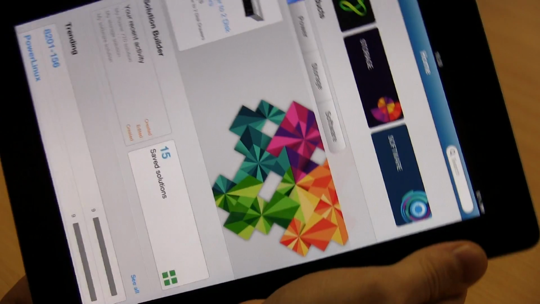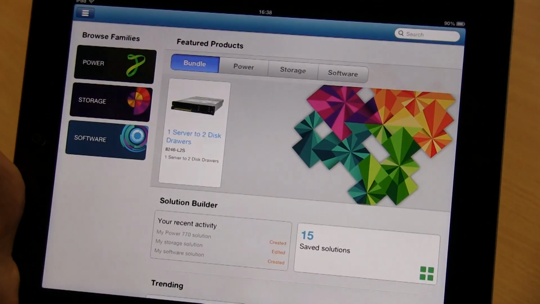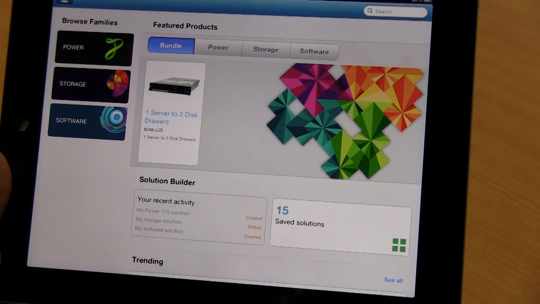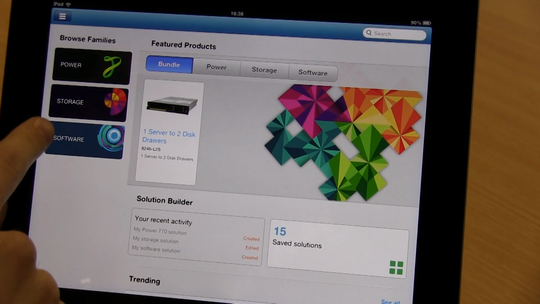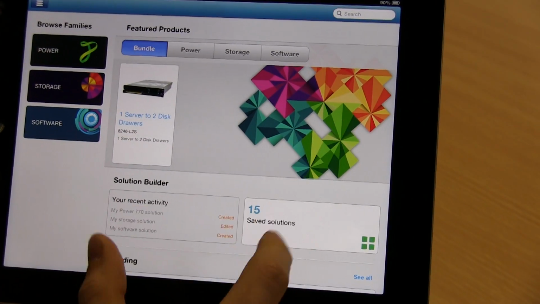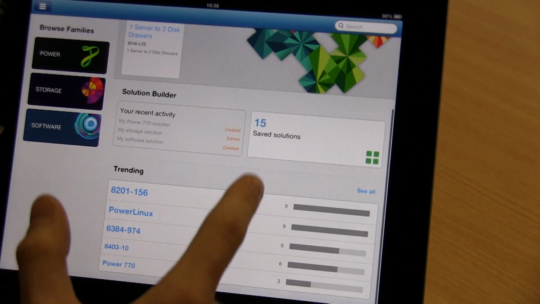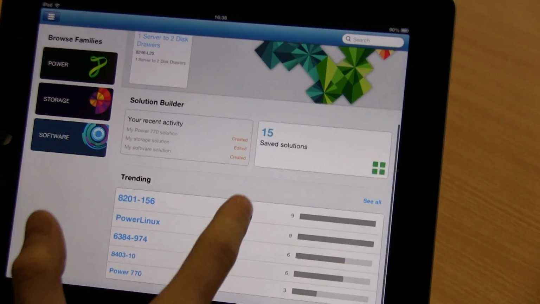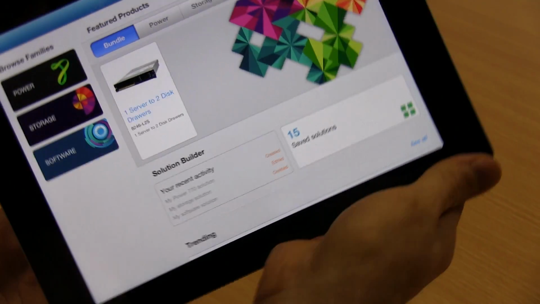And if I rotate the device, I'll give you an example of how the layout can alter dependent on orientation. So now Browse Families has moved over to the left, and we have the right section devoted to the other sections, which we can scroll. If I rotate back,